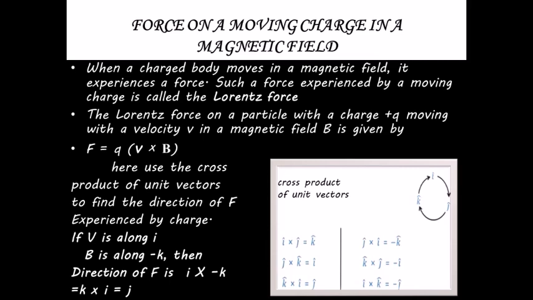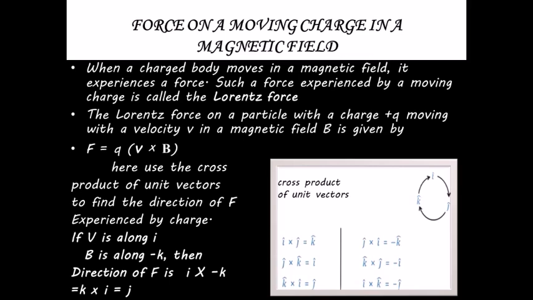So what is the cross product of the unit vectors? Just look at the index chart over there. i cross j, of course, is k. j cross k is i cap. k cross i is j cap. j cross i, of course, is minus k cap. k cross j is minus i cap. And all these formulas you can obtain from the circle that is shown over there. Just have a look at this.